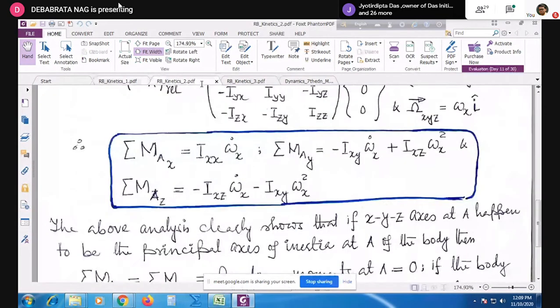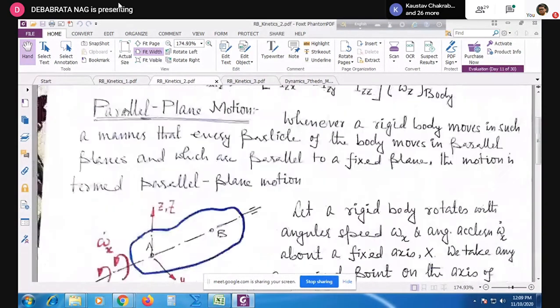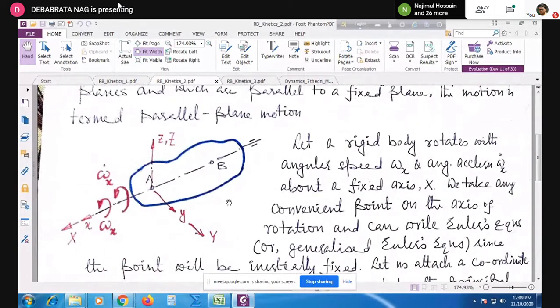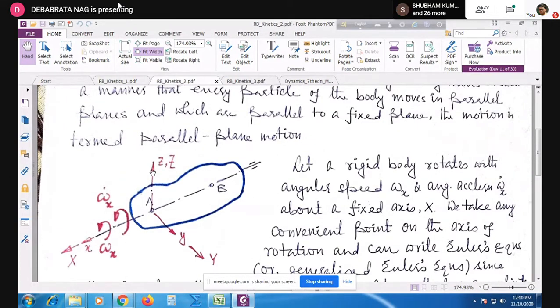In that case, we have a special type of motion which is known as the parallel plane motion. In this case of parallel plane motion, that was our last part of the discussion in our last class. So here, this was a parallel plane motion. It is called parallel plane motion because all the particles comprising this rigid body are seen to be moving along planes which are parallel to a fixed plane. For example, let us consider this is any arbitrary extended rigid body,